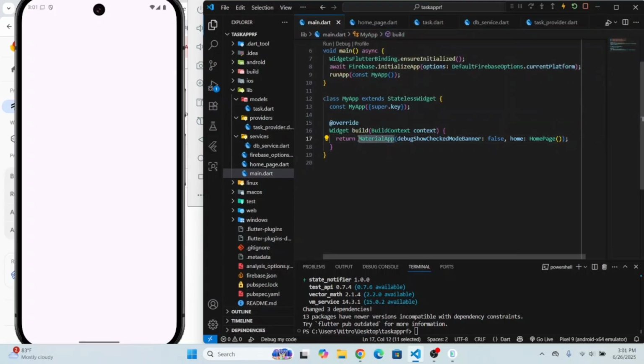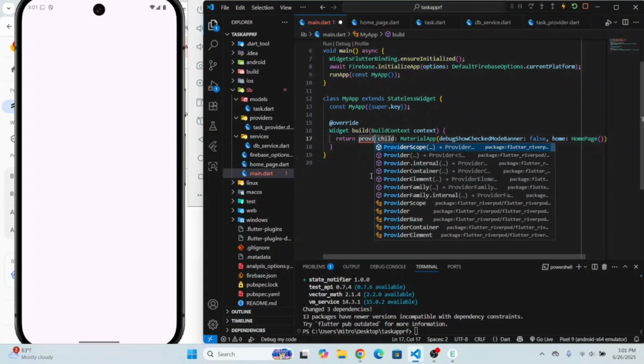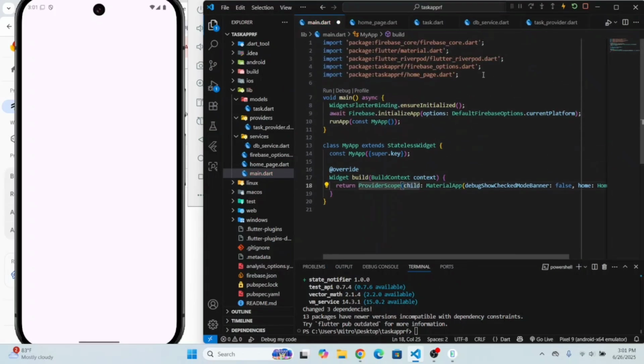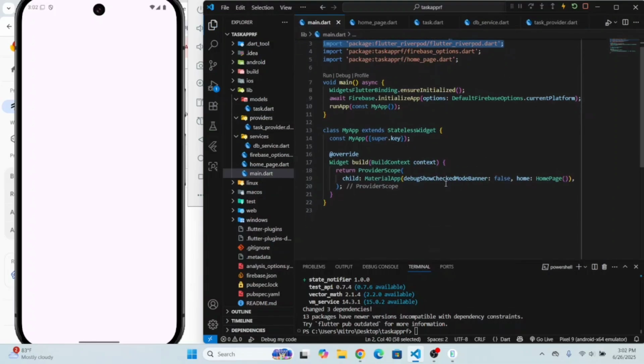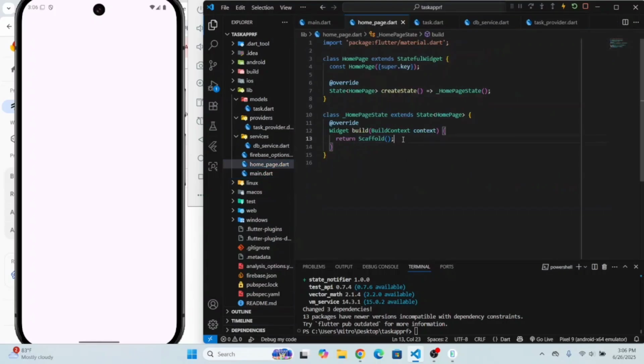Okay, now let's wrap this material app with the widget, and change this to provider scope. It will import the Flutter Riverpod package and bind this to all the widgets inside this material app. Okay, cool. Okay, guys. Now let's open up the homepage.dart file, and let's remove this scaffold for now, and